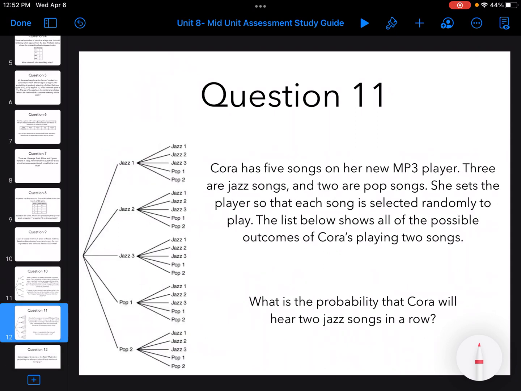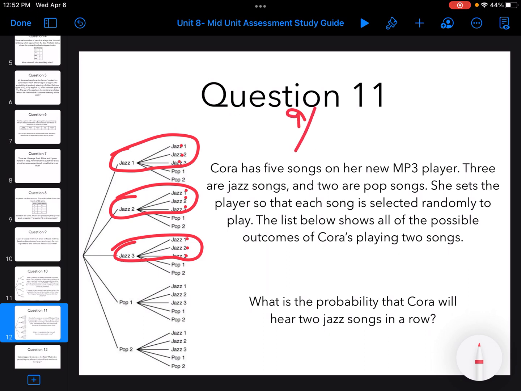All right, Cora has 5 songs on her new MP3 player. 3 are jazz songs and 2 are pop songs. She sets the player so that it randomly plays. The list shows all the possible outcomes of playing 2 songs. What's the probability that she will hear 2 jazz songs in a row? So that would be that option, and that option. So that's 1, 2, 3, 4, 5, 6, 7, 8, 9 out of 1, 2, 3, 4,